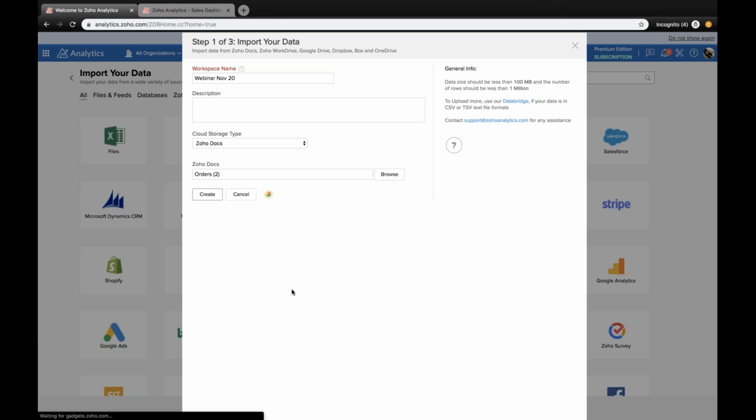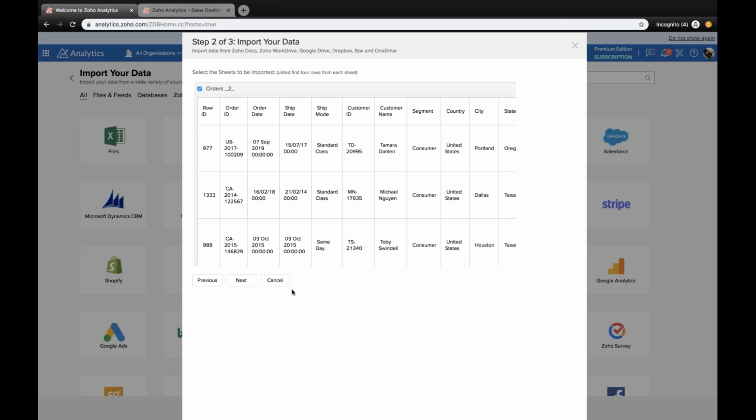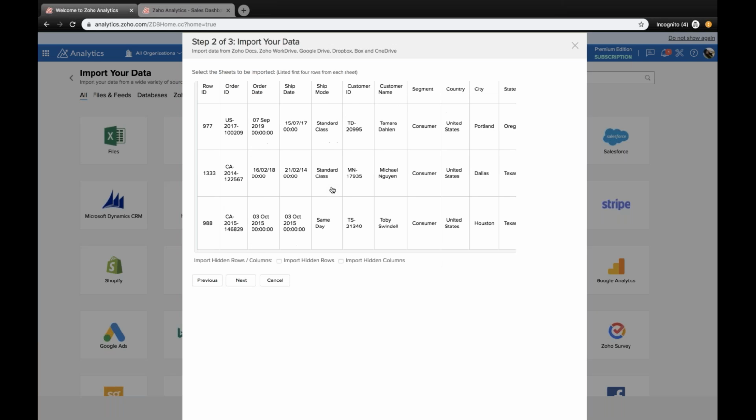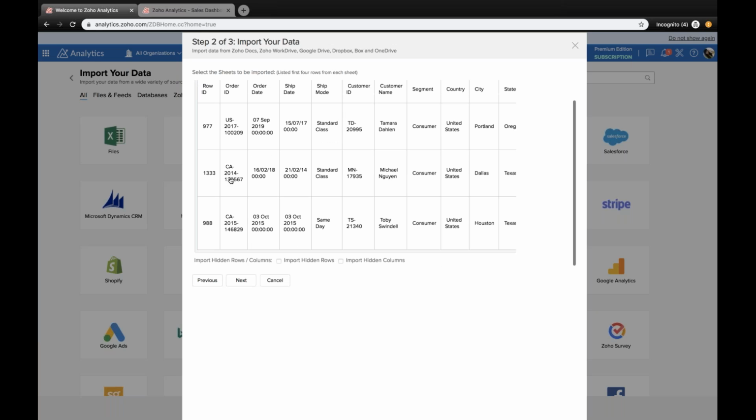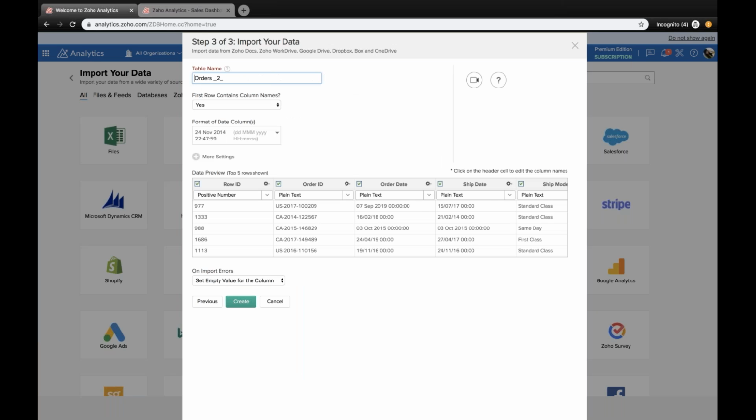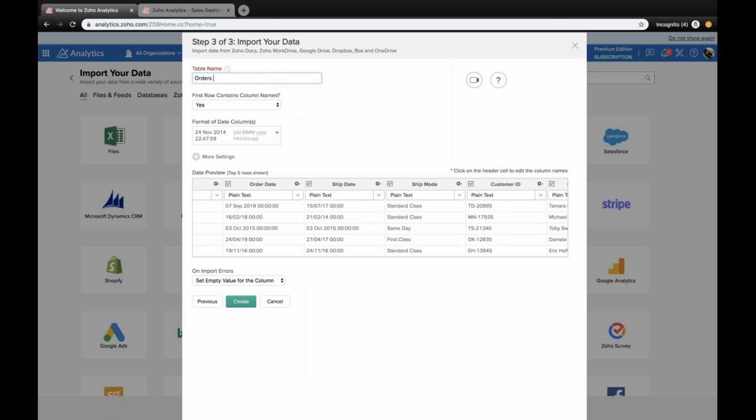So in the next step, you will be able to see that Zoho Analytics provides you an overview of the table here. When you have multiple sheets associated in an Excel file, you can select the sheets here. For that, you'll be given an option. And when you click on next, you get to see an option to provide the name for the table. So I just want to name this as orders, and you can see the values are mapped to the corresponding